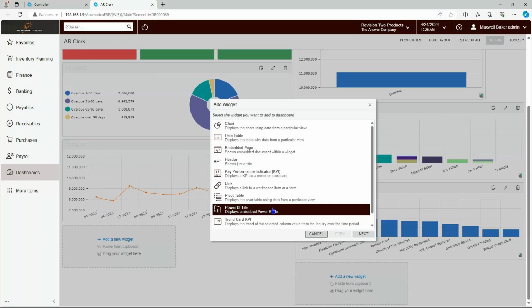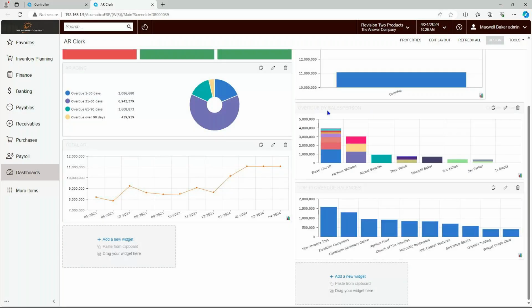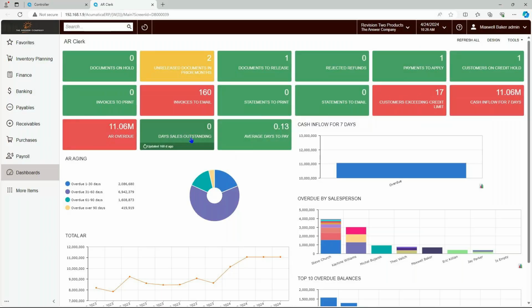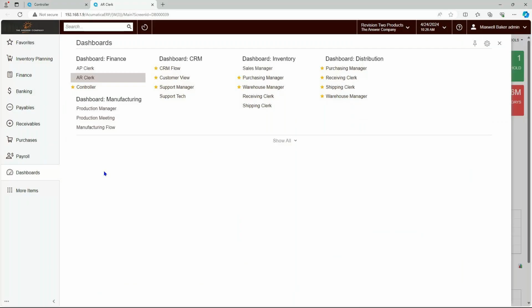Okay, so this is the way I can personalize and set up what I find important for KPIs for myself, the dashboards that I want to set up. And then here, again, let's go back into my dashboard workspace and look at some other dashboards that are available to us. Now, when I go and look at my purchase manager dashboard here,